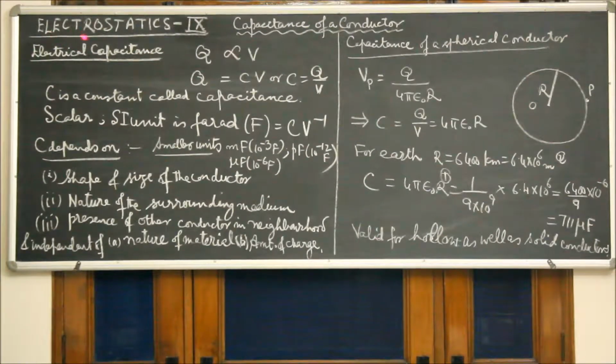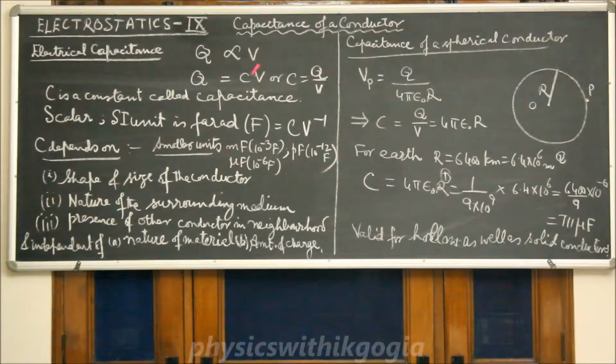In the present video titled Electrostatics Part 9, we'll try to develop the concept of capacitance of a conductor, a useful concept in electrostatics. Experiments show that if we give a charge to a conductor, say charge Q, its potential rises to V. The larger the amount of charge given to the conductor, the higher is the potential. So we have a straight line graph between Q and V.